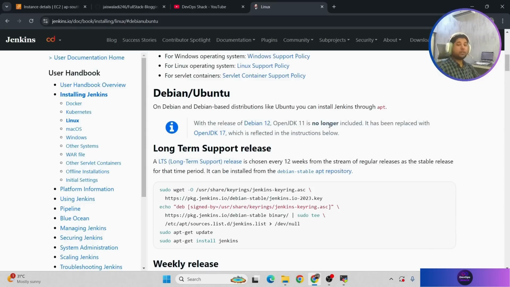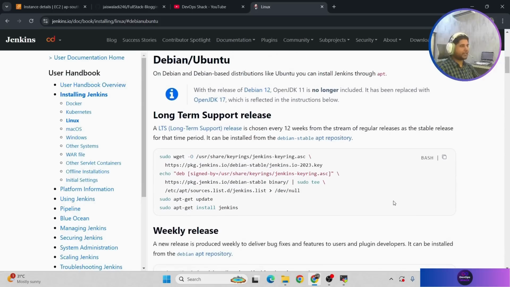Yeah. So still, if you are using any other machine, it's still going to cause issues. For that reason, I'm suggesting that you just go with OpenJDK 17. Okay. And now these are the commands that we need to run in order to install